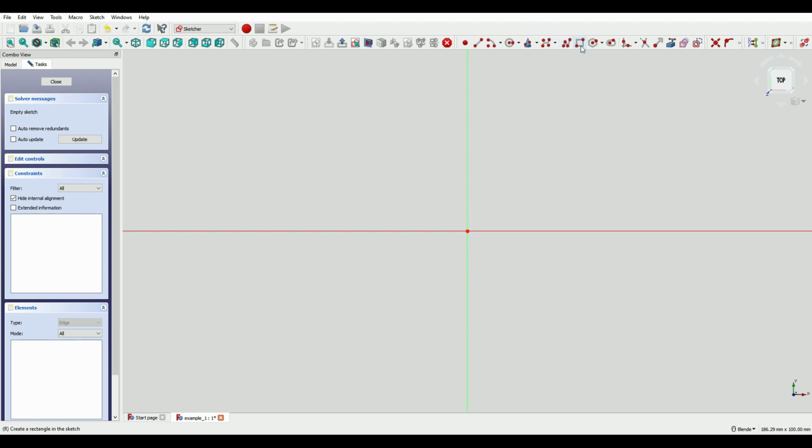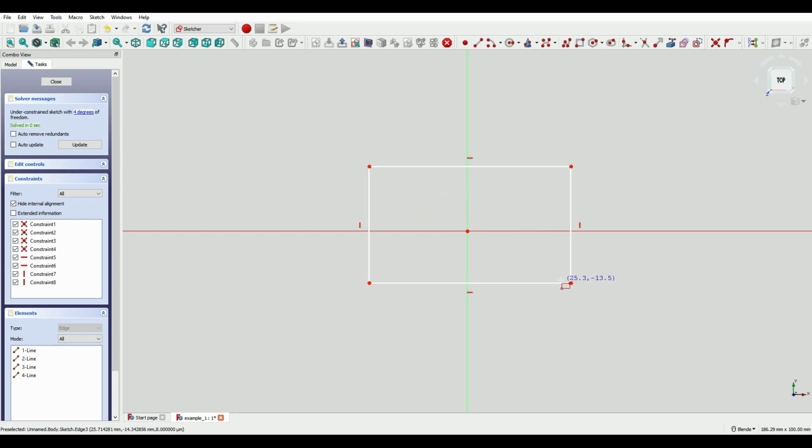So let's go ahead and click the rectangle tool, draw our square, create a symmetric constraint. Click on that point, click on the other point, and then click the point of symmetry, so that the distances between these 2 points are always running through that center point. So let's go ahead and create a horizontal constraint also